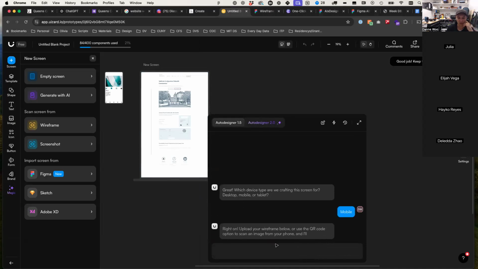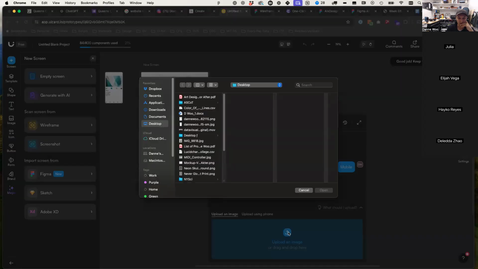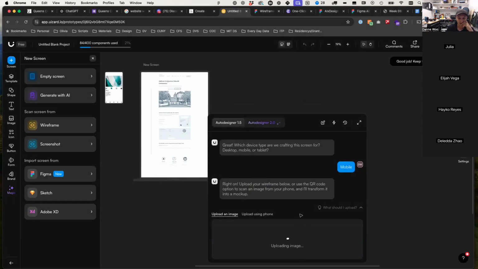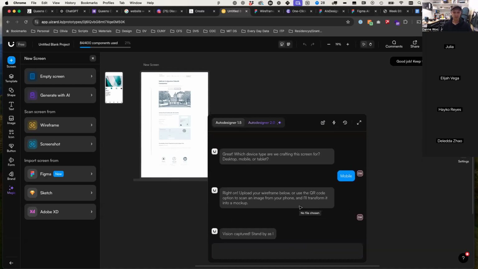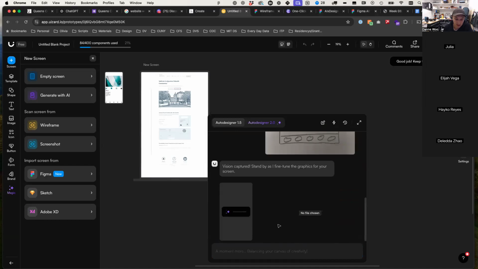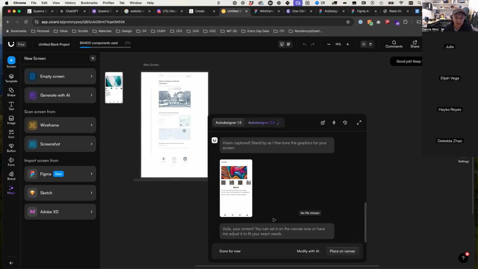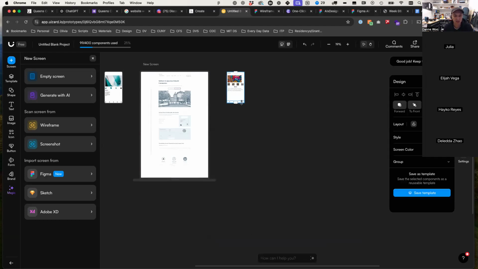That's more like mobile. Upload the photo. It's going to analyze it. And then it's going to take the sketch, which is really cool. It's just a hand-drawn sketch that I took a picture of, and then use it as an inspiration for designing a layout. And then I can place it on the canvas. You zoom in,